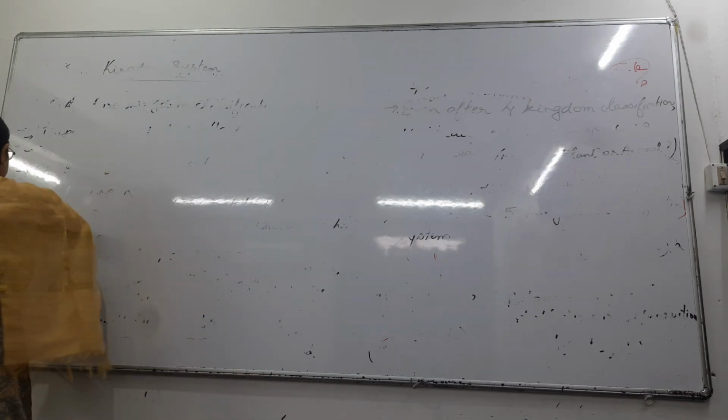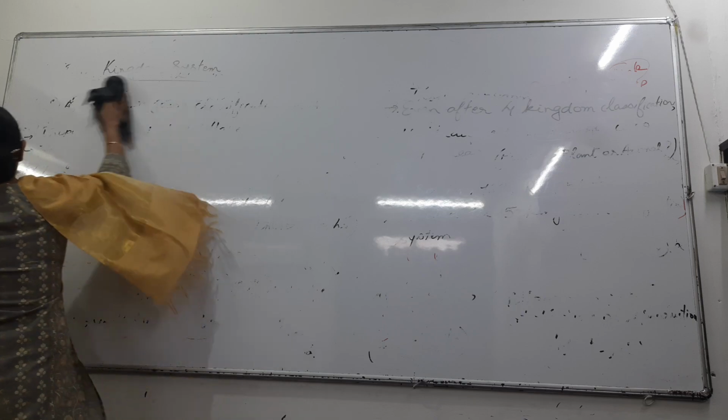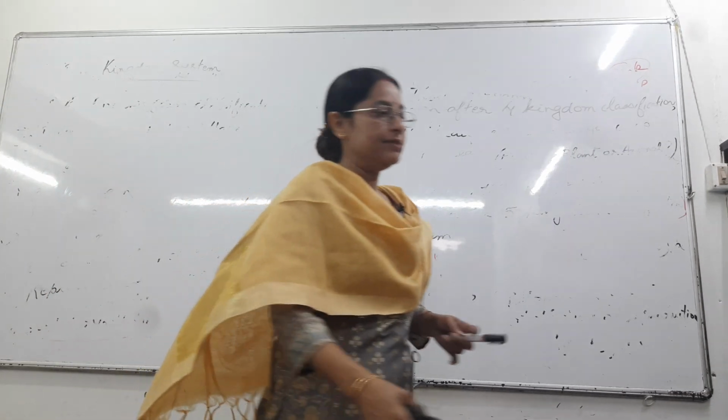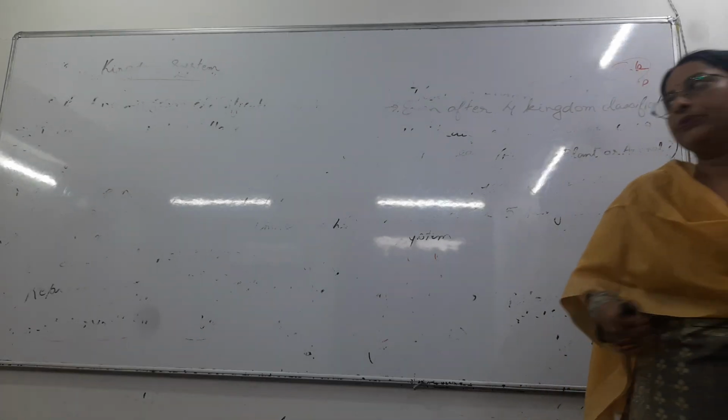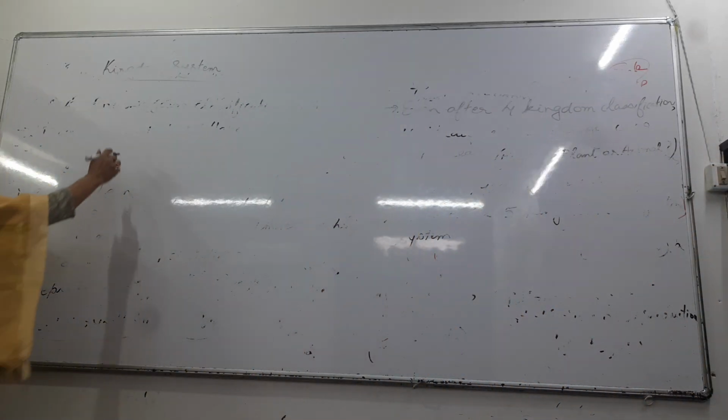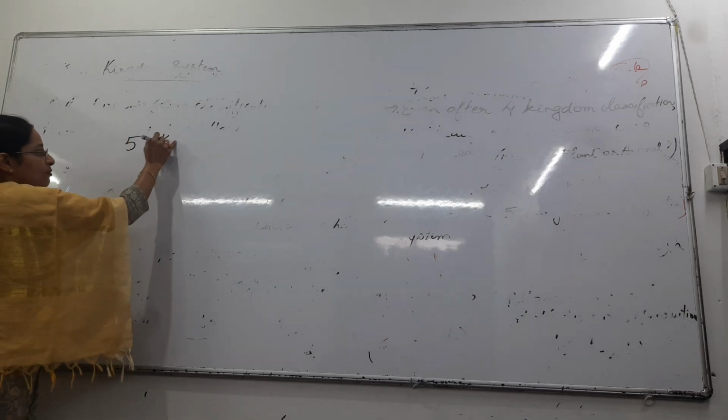Plant kingdom, Animalia, animal kingdom, are separate chapters, right? Okay, so what we have studied, the five kingdom classification, or mote